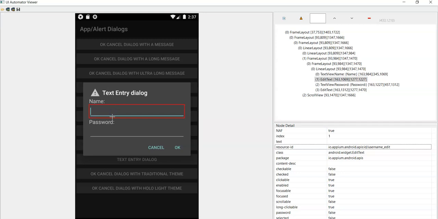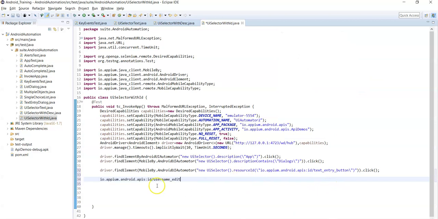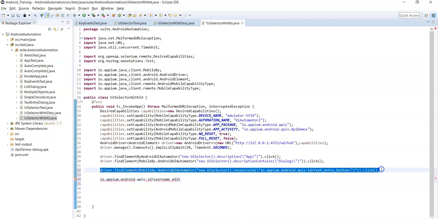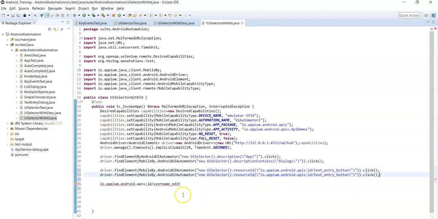Now you can use the resourceId or resourceIdMatches methods. Now let's use resourceId. Place this complete resource ID value inside this resourceId method, but here we need to enter some value, right?